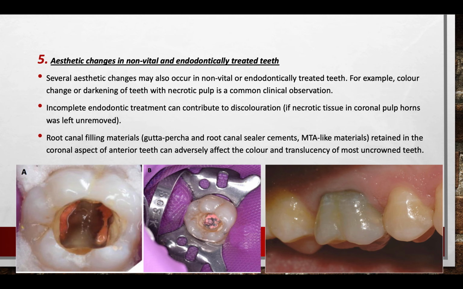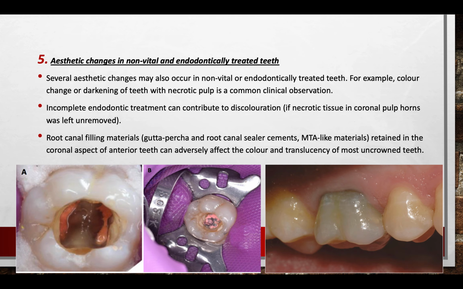Another and the last factor that makes root canal treated teeth different from vital teeth is the aesthetic changes as a result of endodontic treatment. If root canal filling materials, sealers, or gutta percha were left in the pulp chamber, this will lead to darkening and change in the color of the tooth. Therefore, it needs more, for example, internal bleaching or another procedure to improve and enhance its aesthetics, especially